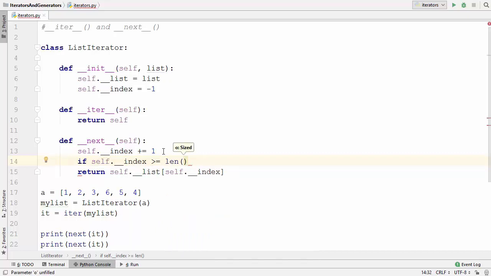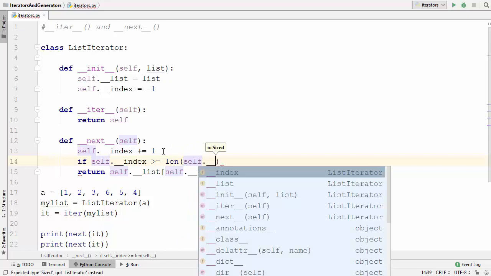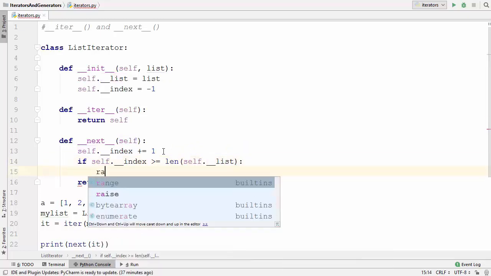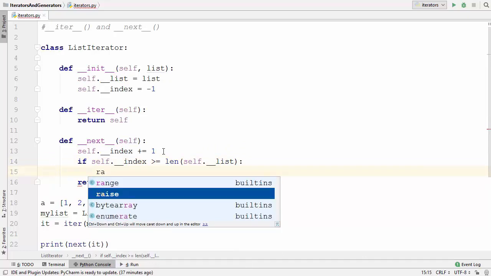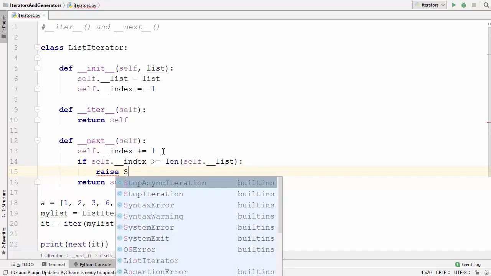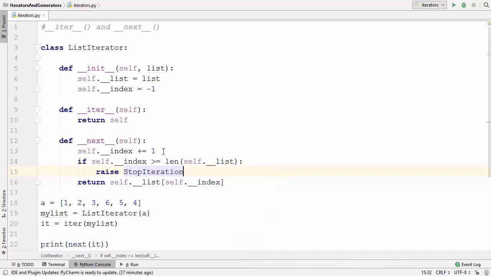So length, and the list name is self.__list, and when this condition is true, we are going to raise an exception. So let's use the raise keyword, and the exception which we want to raise here is the StopIteration exception.